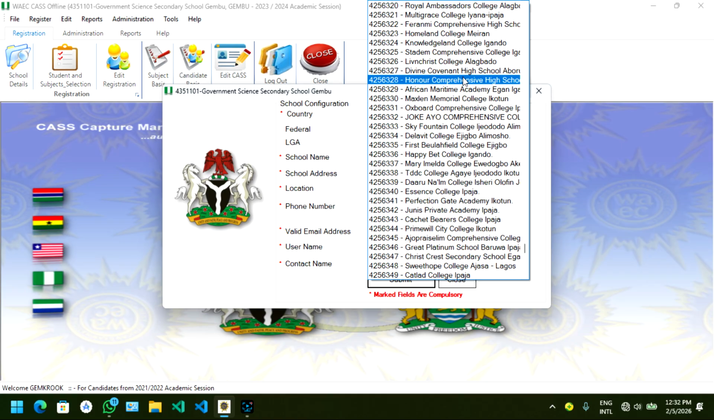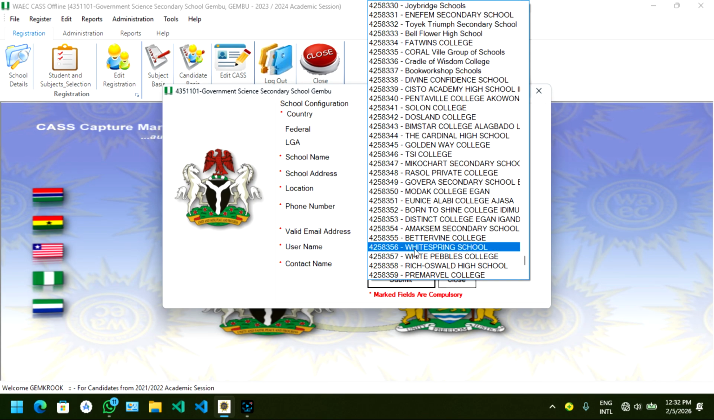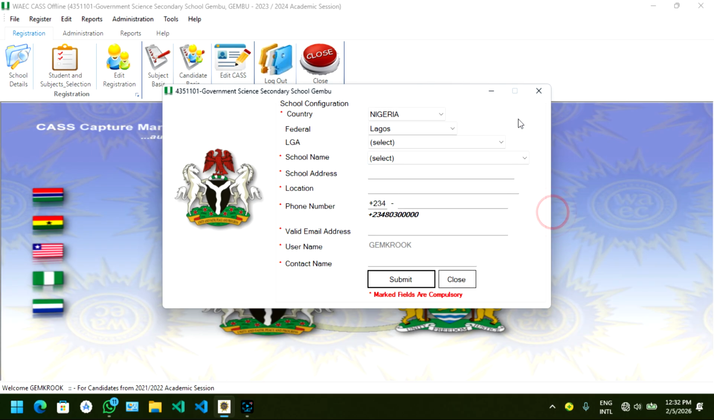Now assuming I now have my center, or I didn't find my center on the list. That is, after you have looked for it by local government, you can't find it. You look for it by state, you can't find it. It means the center has not yet been added to the database. So what you need to do is